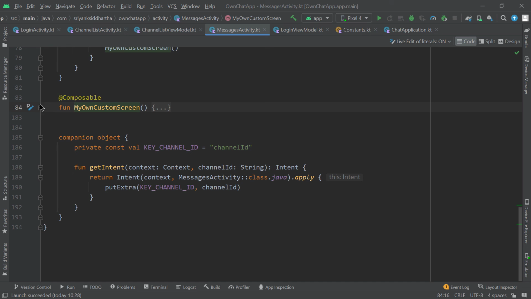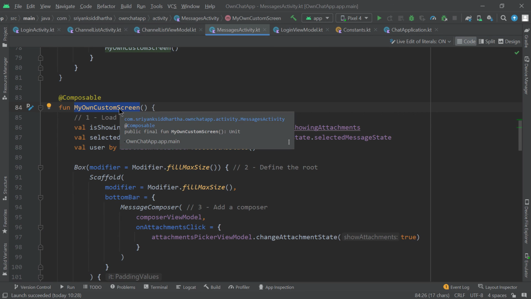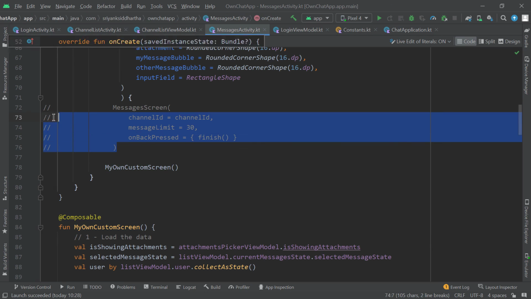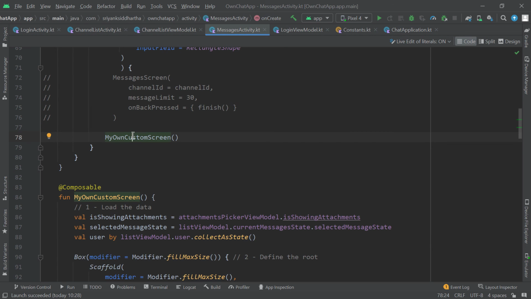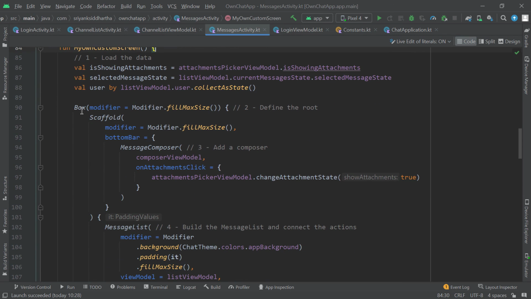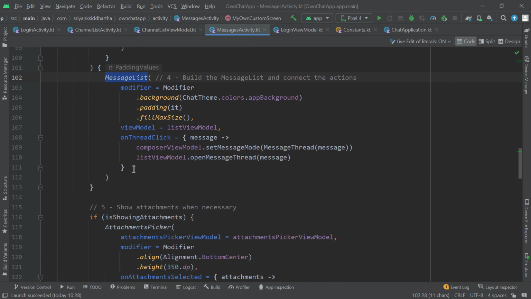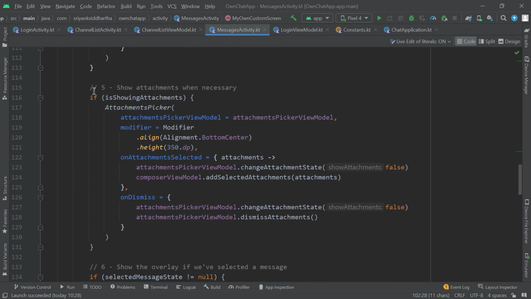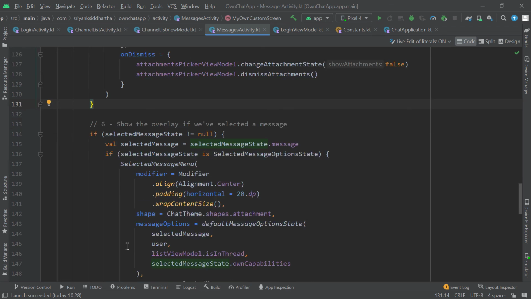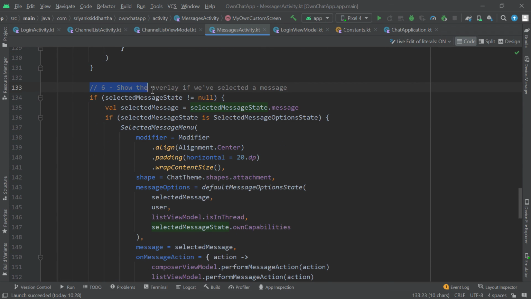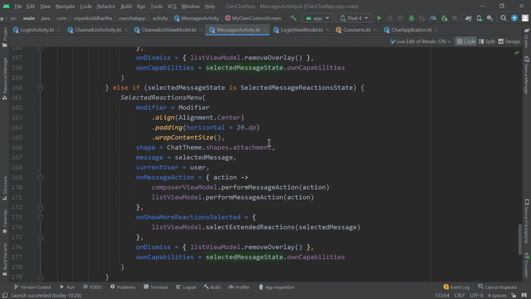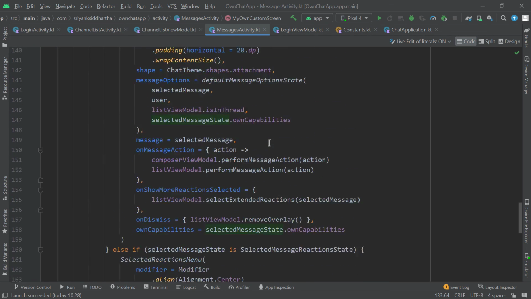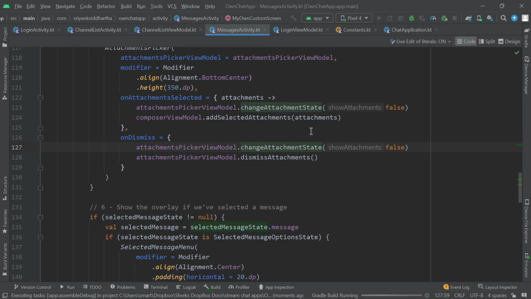So this entire function, which is of course of 100 lines, is almost same as this 4 lines of code over here. So the purpose of using this my own custom screen composable function is to give you more control over the elements, such as you can modify your box, your scaffold, your message list. Then this is something related to attachments, for displaying attachments. Then this part is related to showing an overlay when you select a message, using which you can reply to a thread, and so on, right? So if you run the application right now,